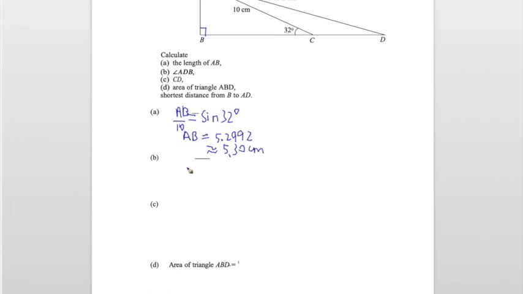Alright, now next we have to find an angle. We have to find this angle. Now to find an angle, we need two sides. So since we have already found AB, we can use AB and 19.2, which is again sine. Alright, so the sine of this angle, sine of angle ADB